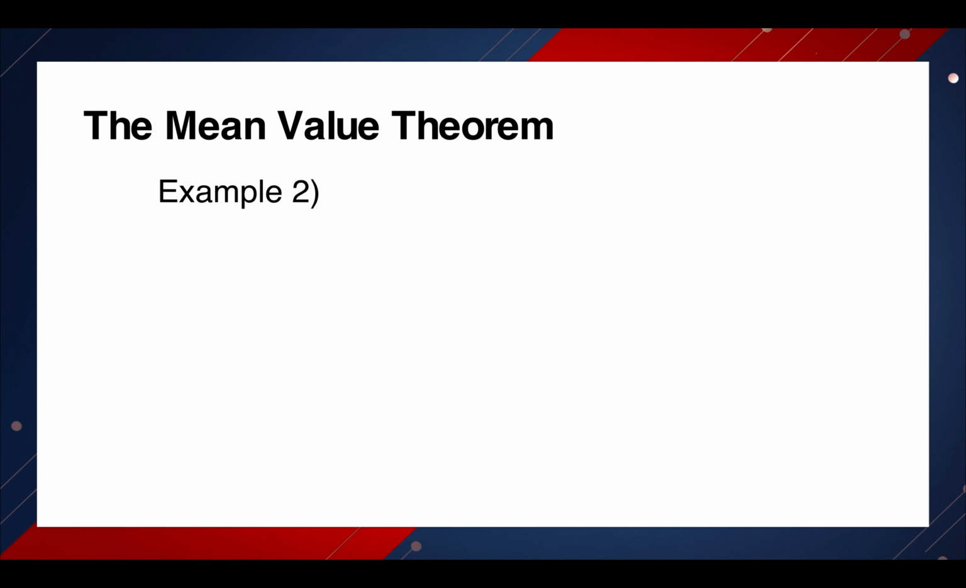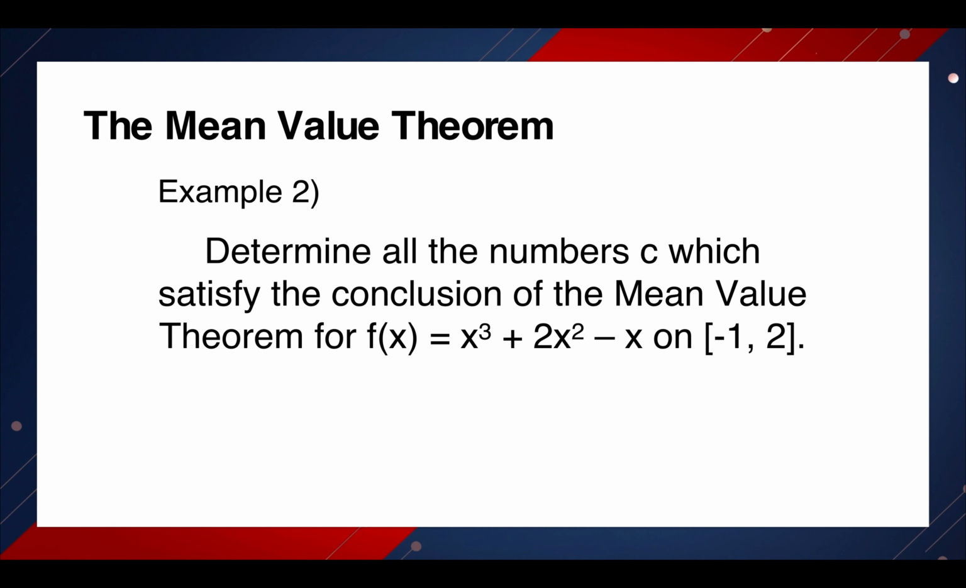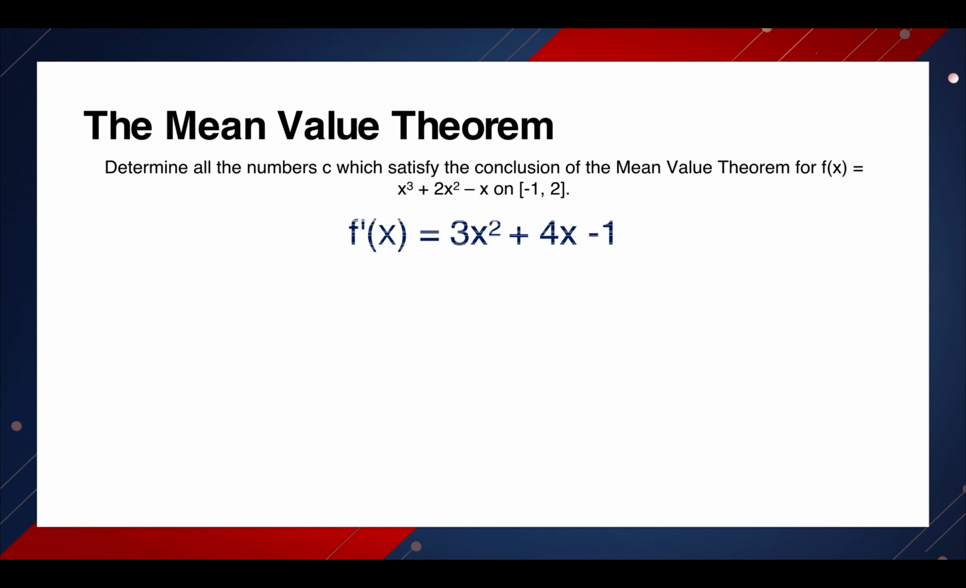And moving on to the next slide. Example 2 is to determine all the possible numbers c which satisfy the conclusion of the mean value theorem for f(x) is equal to x cubed plus 2x squared minus x on the interval negative 1 to 2. For this question, to use the mean value theorem to find the answers, there are two things that we need to find. The first one is the derivative of the function, and the second thing is the value of f(2)